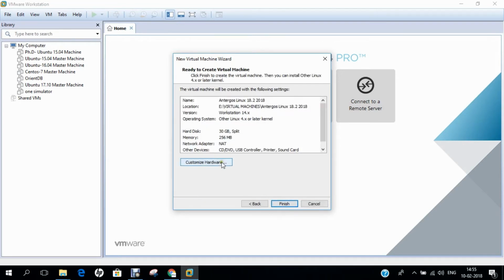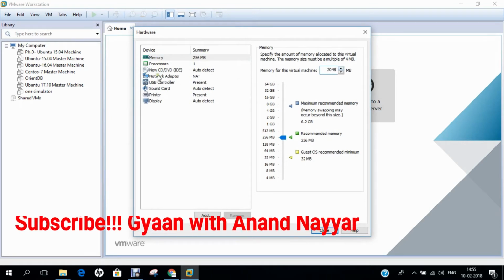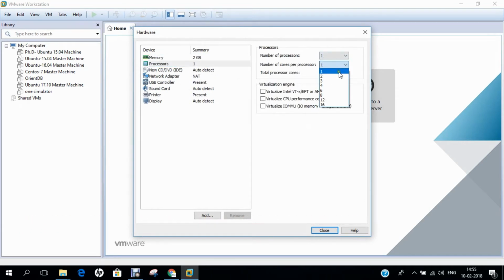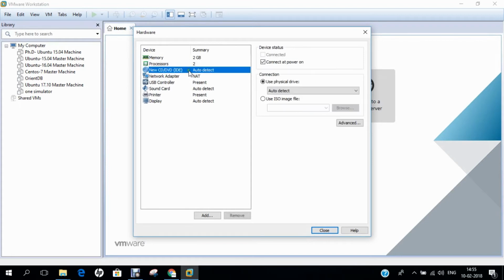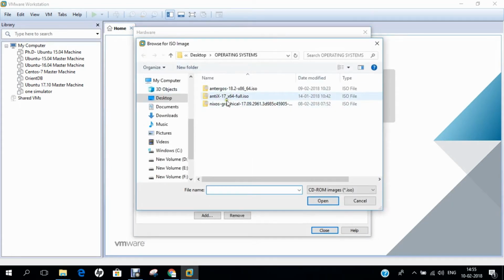So click on next and I click on customize hardware. First of all, I increase the RAM and I increase the number of processor cores to 2. I click on new DVD and I click on ISO and I go to my desktop. You can see under my operating system folder it is already downloaded. If I right click over here and click on properties,